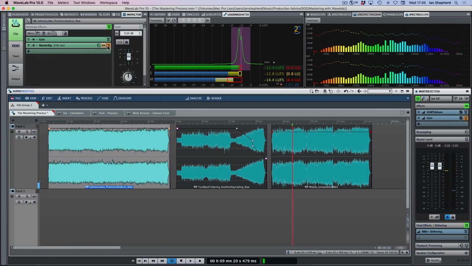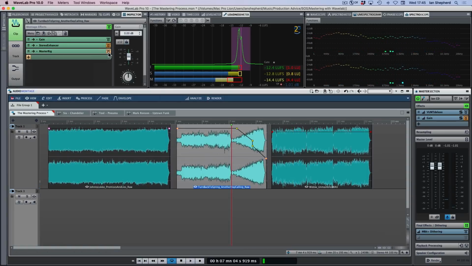And then if I re-enable those EQ changes and we make the same comparison,